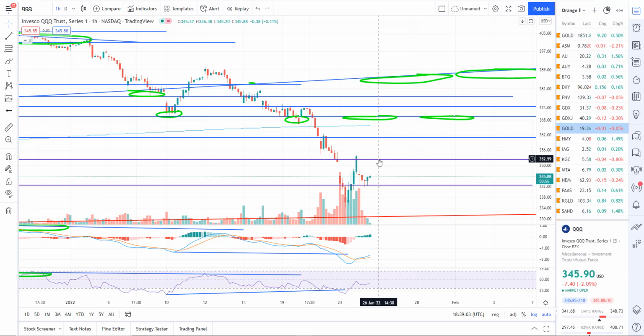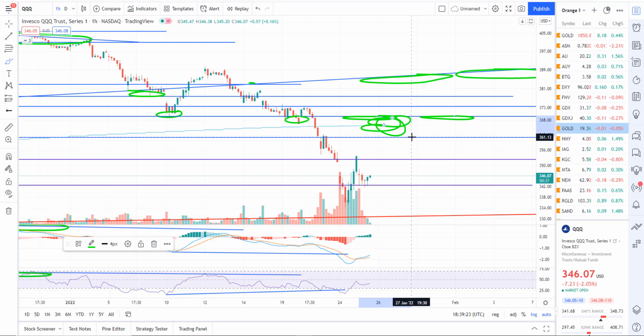I'm thinking that post-Fed, we could rally all the way up to about the 360 area, maybe even up to the 200-day moving average on QQQ, about 365.70. But this area right up in here, even down to 361, is where I would be looking to reestablish my short positions